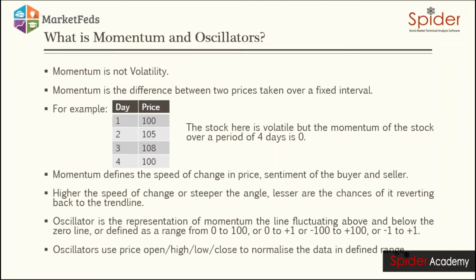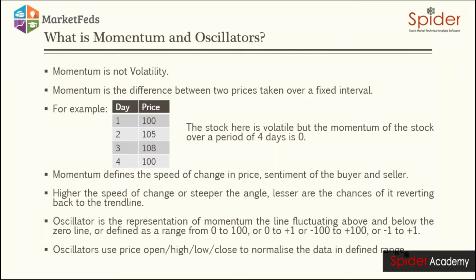An oscillator is the representation of a momentum line fluctuating above or below the zero line, or defined as a range from 0 to 100 or 0 to 1 or anything, but it has a defined range. So basically we are normalizing this fluctuation of prices into a defined range so that we can have better analysis